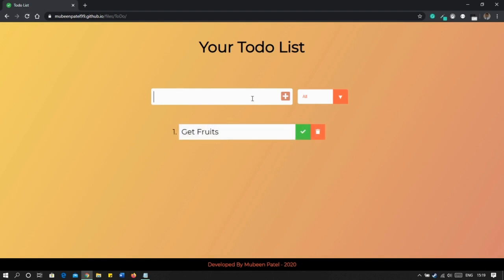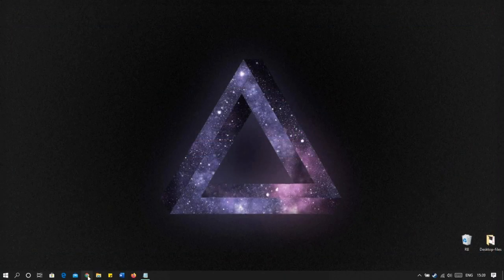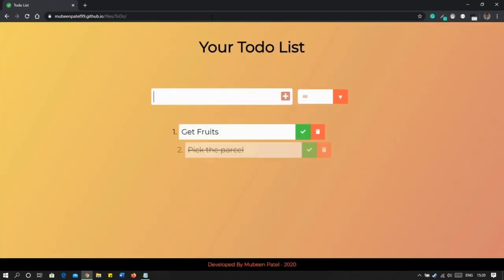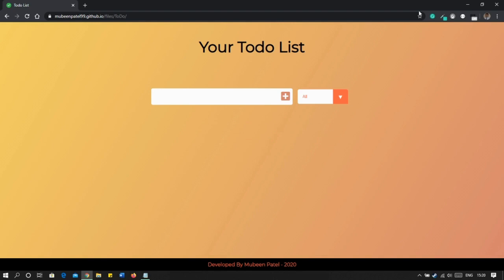Okay, so let's see, pick the parcel. Okay, I pick up the parcel, I checked it, accidentally I closed my browser, and now I want the data back. As we are using local browser storage, you can see that as I go to my site again, it is hosted on my site. I'll mention the link in the description below so you can take a look there. So here it is, it's back, right? So you can delete it, you can delete others, everyone else. So without further ado, let's get started.